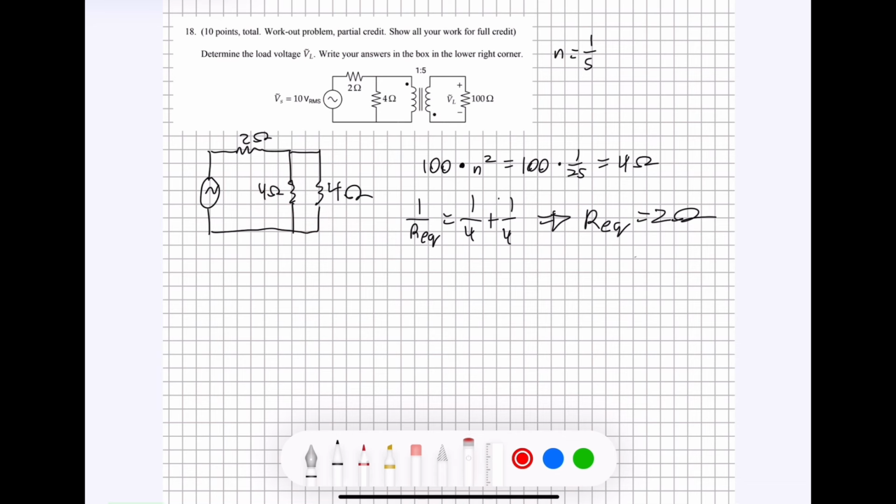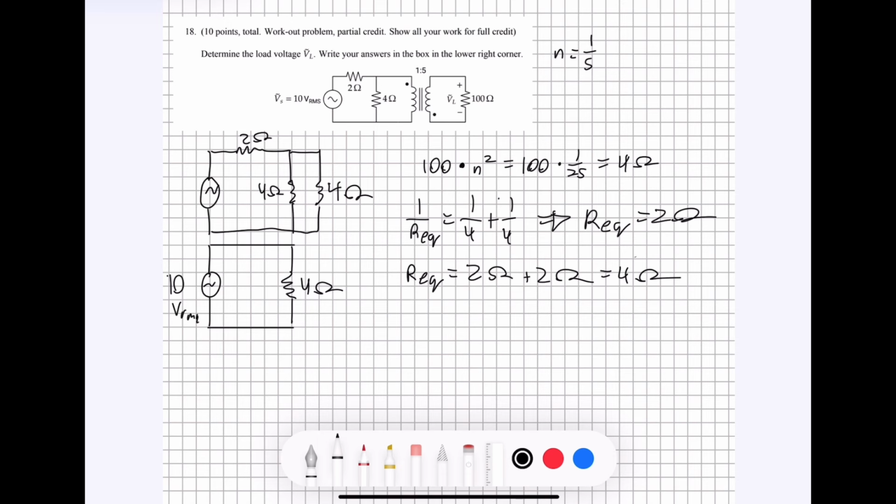Then we add 2 ohms to that equivalent resistance, which is 2 ohms, and we get 2 ohms plus 2 ohms, which is equal to 4 ohms. So if we completely redraw the circuit, it would look like this. That's a resistor, and it is 4 ohms. And our V value is 10